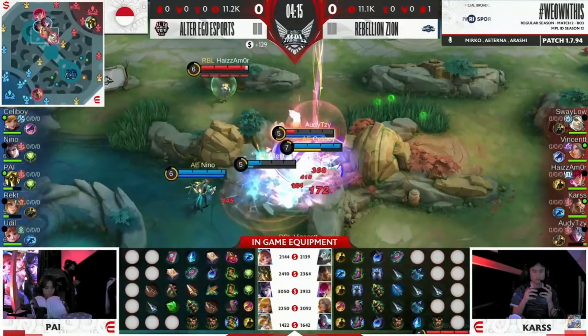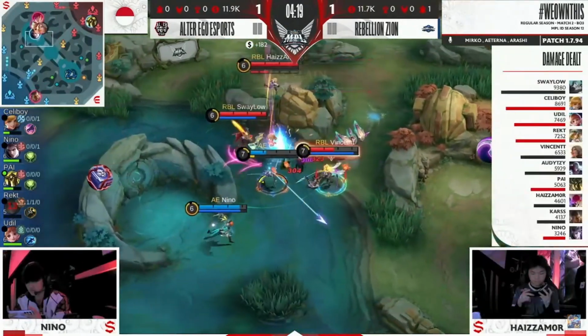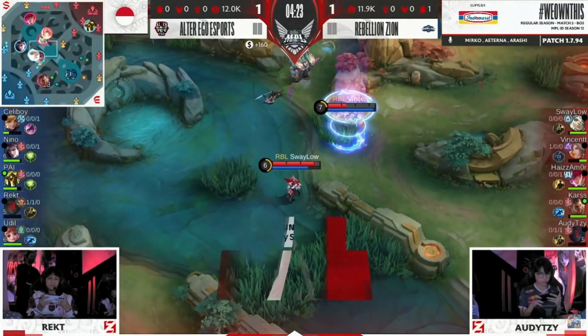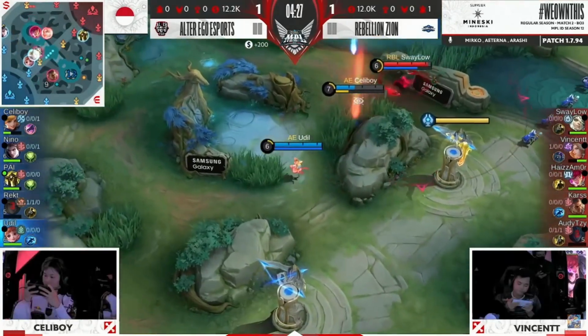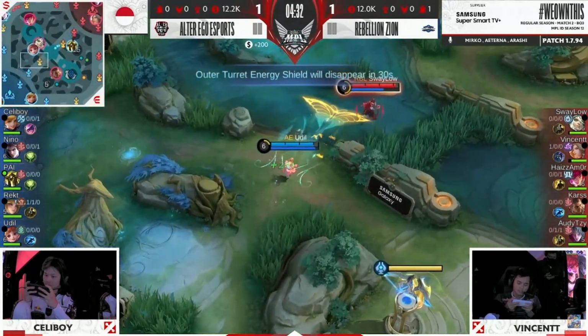Sully Boy goes in. For Audi right now is going to be bursted down. Final slash used up. Vincent now jumping in, finds Rekt. Sully Boy with the cables getting out, but Rebellion Zion are able to keep Alter Ego's pace at a minimum. Was unable to make those aggressive plays happen, but while that all is happening, Pi has been cutting the waves